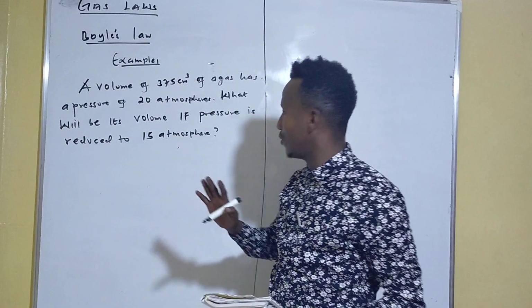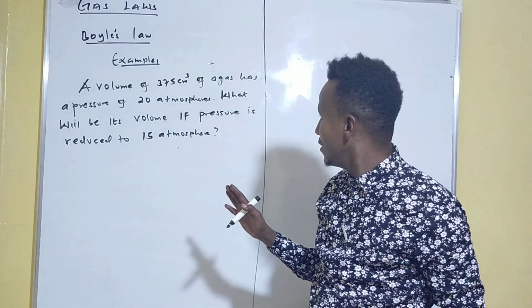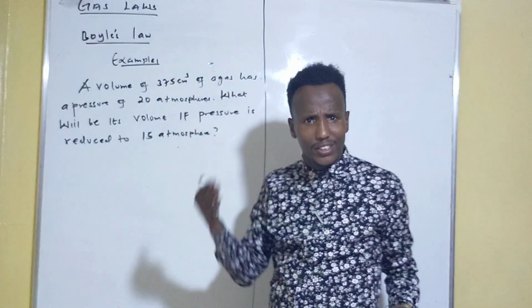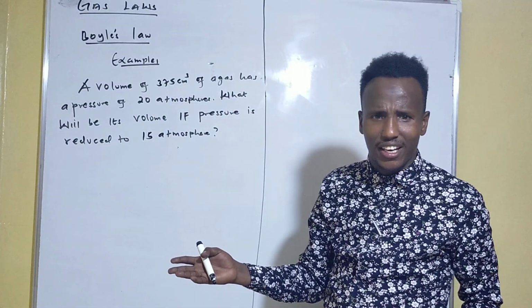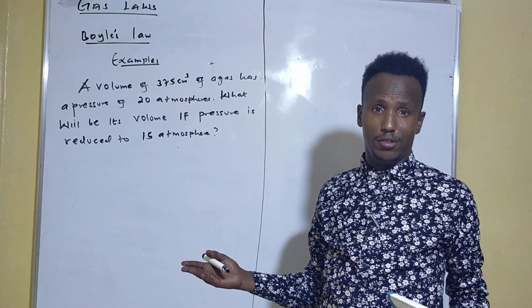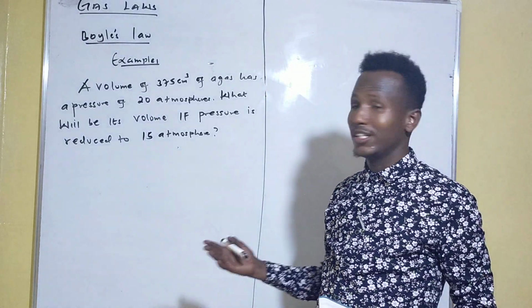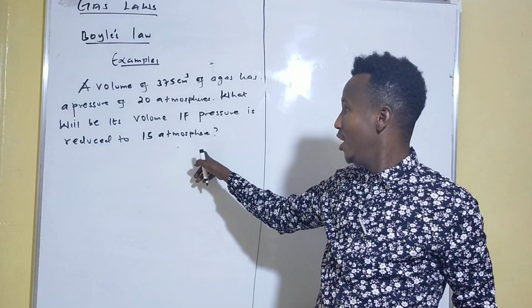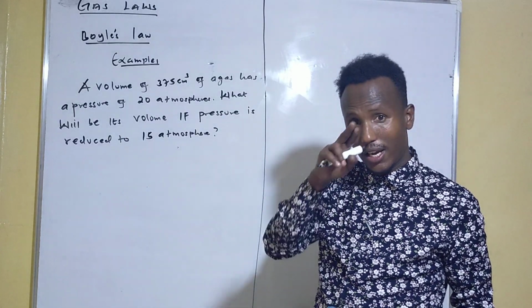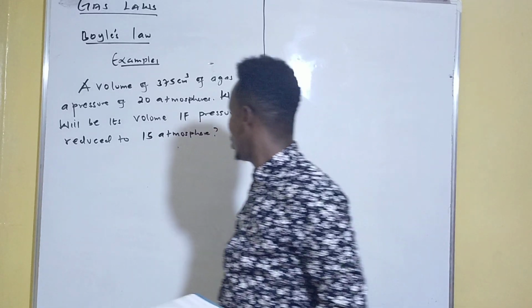So we want to solve such kind of question. Remember here, we don't have temperature. Can't you see now? Totally we don't have temperature in the statement. So this is Boyle's law. Don't get confused between Boyle's law and Charles' law. Charles' law, we're going to see that. Here, what's kept constant is temperature. And I talked about that.